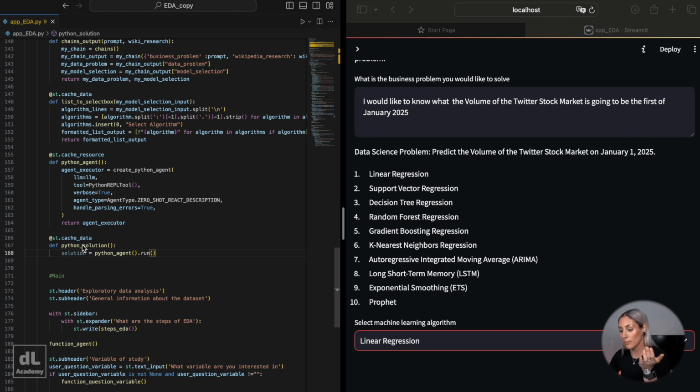The Python solution function would definitely need to take all of this, so we need to pass my data problem, the selected algorithm, and also the user CSV. Let's do that. So my data problem, selected algo. Okay, and then this is going to be